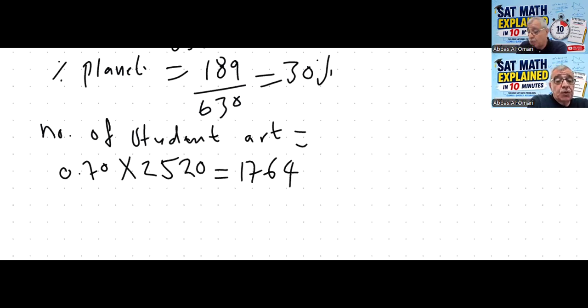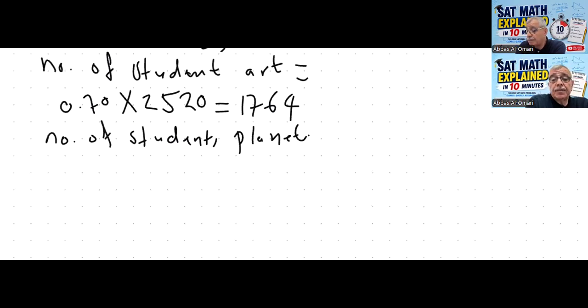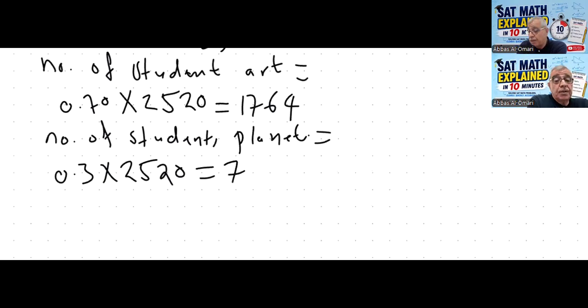And the number of students who want to go to a planetarium equals 30%, equals 0.3, times 2520, which is 756 students. So the difference between the two groups, the delta, equals